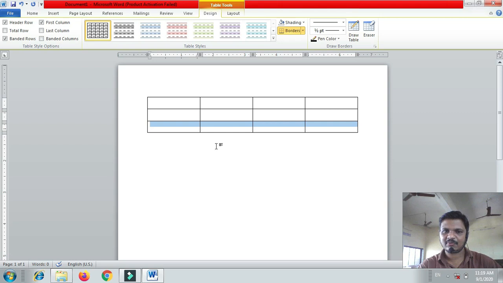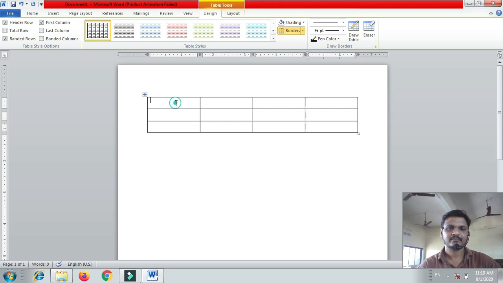And how many columns? One, two, three, and four. There are four columns. Now, how do we implement such a table in HTML, how to create it?